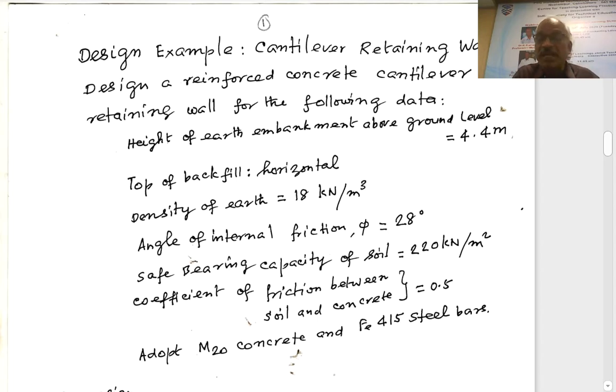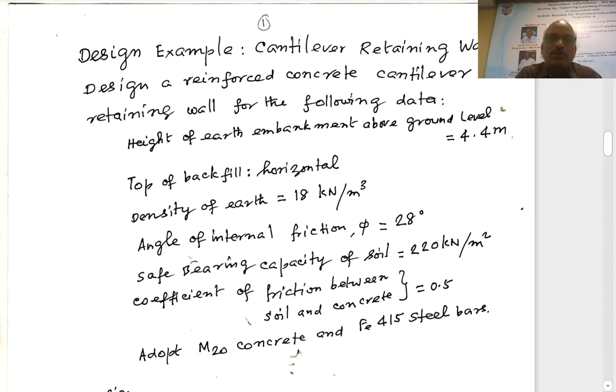So that is why bearing capacity is given. Angle of repose is given for finding out the coefficient of active earth pressure. So these values will be required, and density of earth will be required to find out the lateral earth pressure. For that we will require the value of gamma, and also to find out the minimum depth of foundation also we have to use, because they are given only the ground level, the difference in ground level.